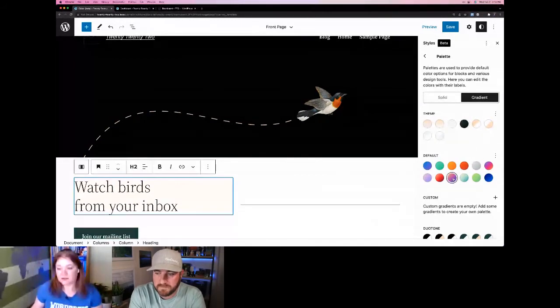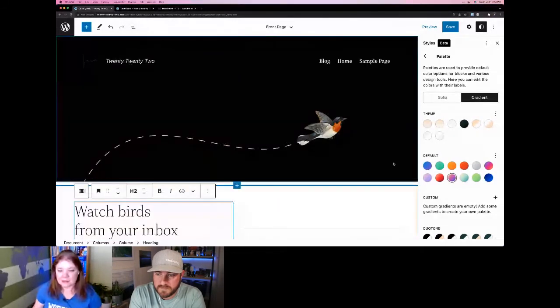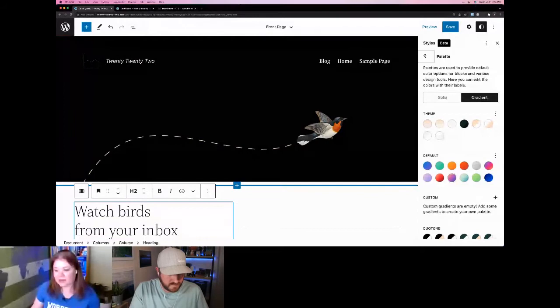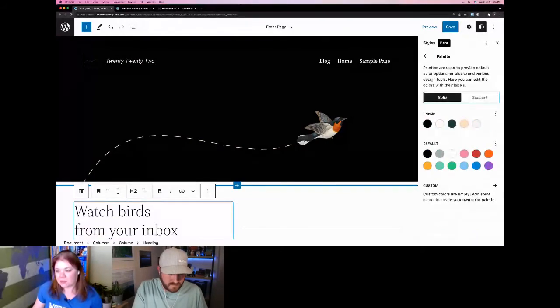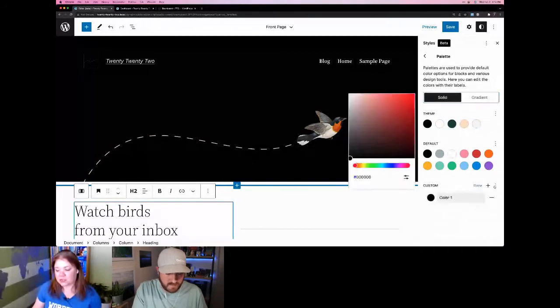I could also pick from some of the other gradient options. Right now, I don't have the background visible on my screen because I've done some settings here, but I could pick out all sorts of colors and gradient options inside the palette. I can also, inside either solid or gradient, pick if I wanted to include additional colors